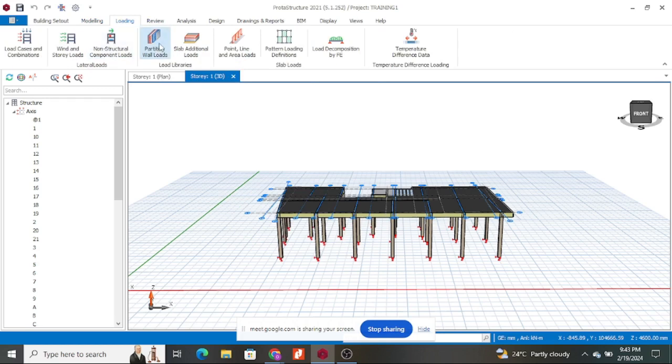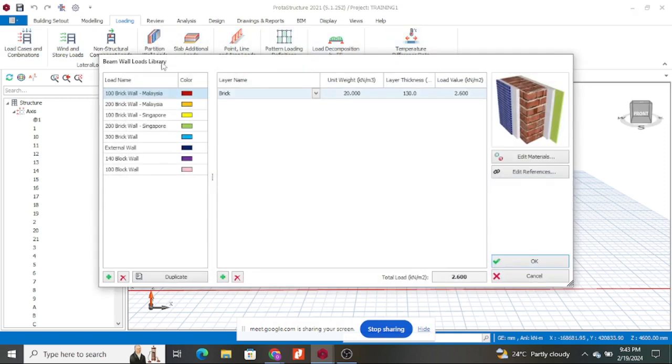Once you get to loading, you can click on loading, and then whatever appears on this toolbox here, you click on partition wall loads. This is when we want to load our beams. In partition wall loads, you have a number of walls here. You can pick one, but assuming we're using this 100 brick wall Malaysia, we can still change all the properties here. So I can double click here and edit this to say maybe 200 mm thick